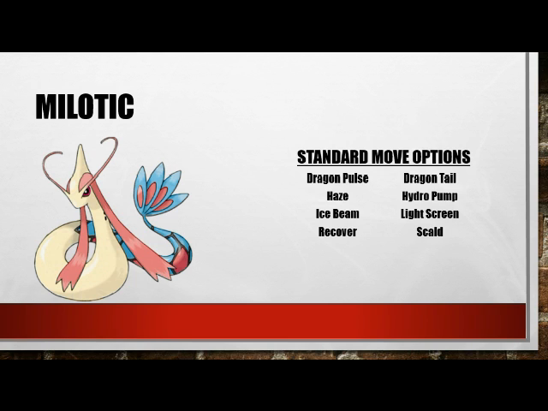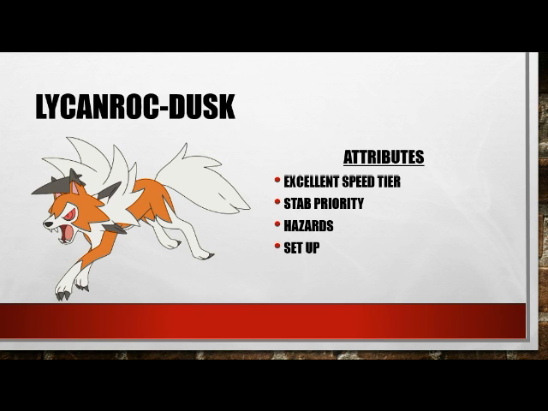So my next mon that I picked, like I said, I just went down the tier, so I did pick a tier 3, and at this point I knew I needed hazards and I needed some more speed. So I decided to combine that with this pick, and I went with Lycanroc Dusk. I've never used a Lycanroc form before. I'm not even sure if I've used it on Showdown, but I knew that it was pretty cool and that